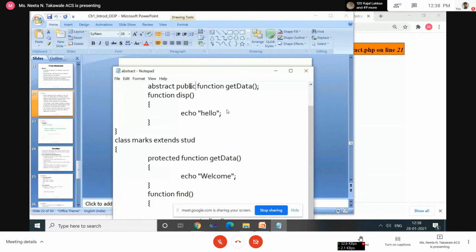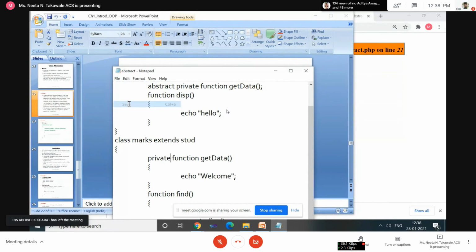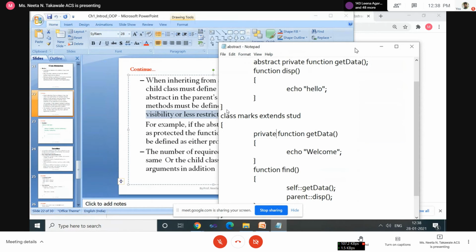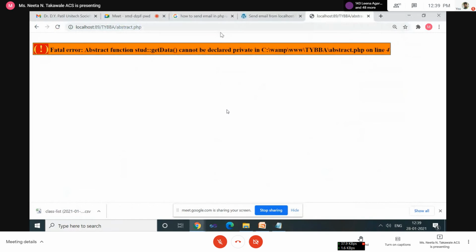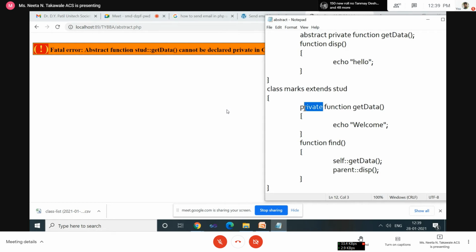Okay, this is not allowed because here it is public, and protected has higher restrictions as compared to public. Okay, now I am taking private. If it is declared using private, then here also you can use private. Okay, now let's see. Cannot be declared private. Okay, so we'll try protected.